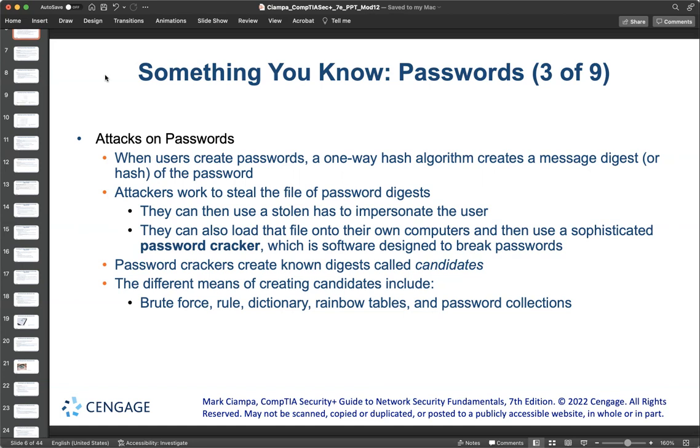There are many different password crackers out there. You can use Aircrack for getting the password. Kismet is out there. There are different applications that you can actually use for password cracking. Password cracking basically is the act of trying different types of possibilities to see which one is going to generate the same result, and therefore that's the password, right? There are different means for creating the digests that a password cracker is going to create to guess the password. And some of those are brute force, rule, dictionary, rainbow, and password collections,